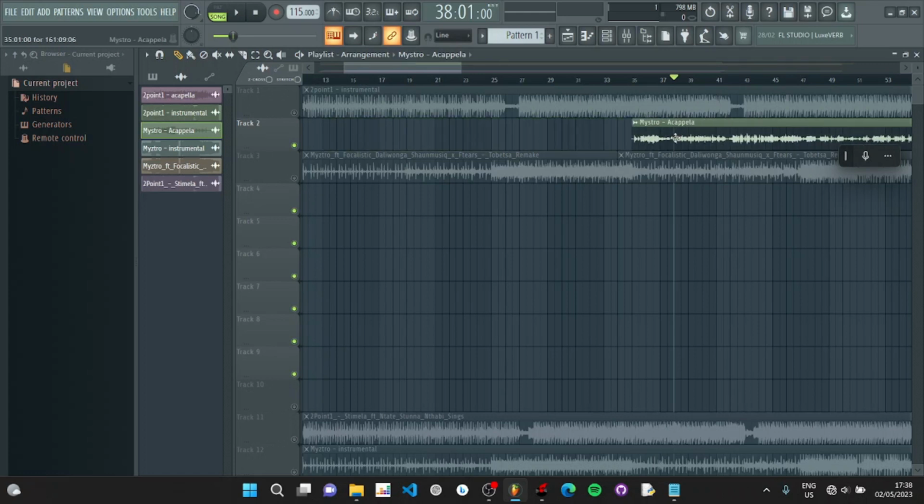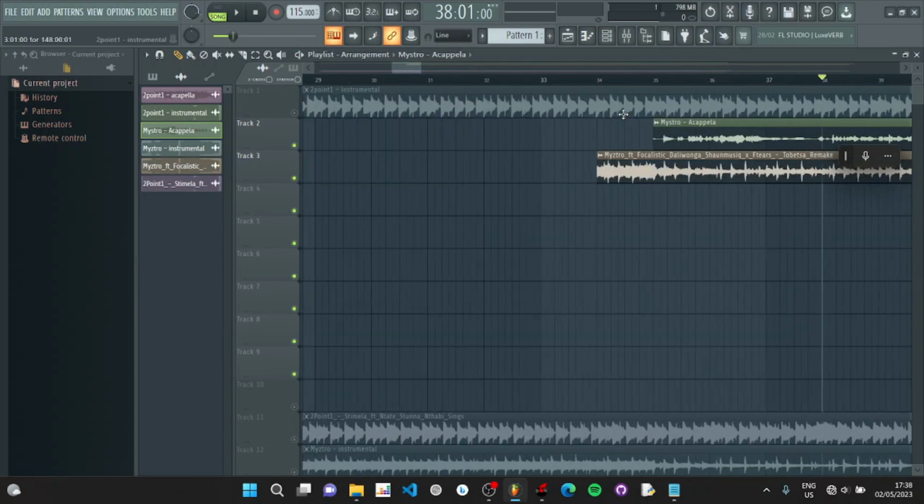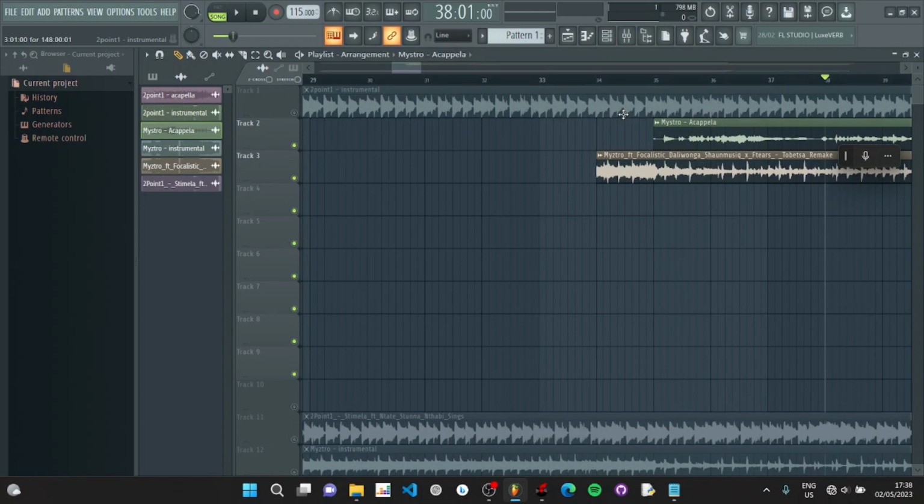So now we have our part, and you can also remove the part you don't need from the main track. So now we have these two parts, and we know where the acapella starts. Basically, I'm going to make sure the acapella matches the acapella in the main track so that they play together. Once I've done that, I've successfully saved my track. Now I can use it anywhere in my playlist. Let's do that.